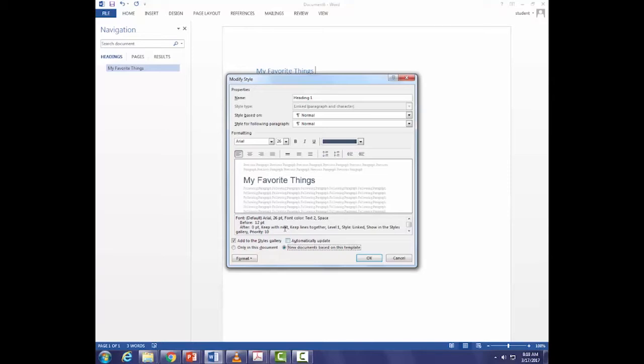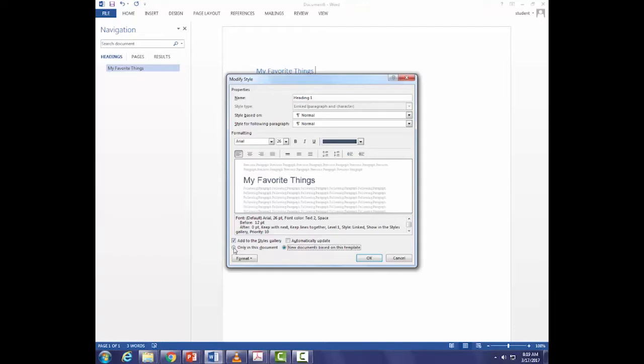Now think of your Heading 1 as sort of the title of your book. You're going to have one Heading 1 per document. We're going to do some Heading 2s in just a minute, but your Heading 1 is sort of the title of your book. You're going to have one Heading 1 per document, all the time, right? A book doesn't have two titles, it has one title.